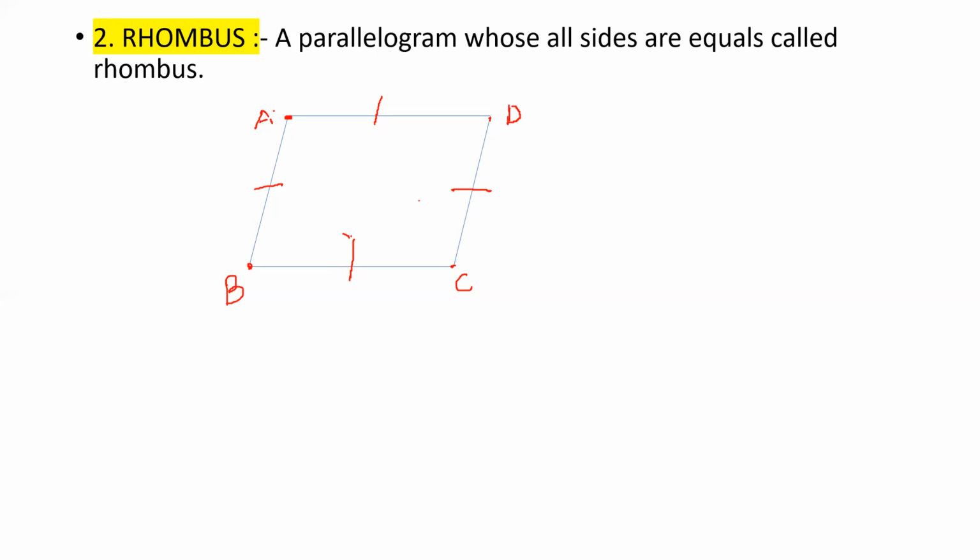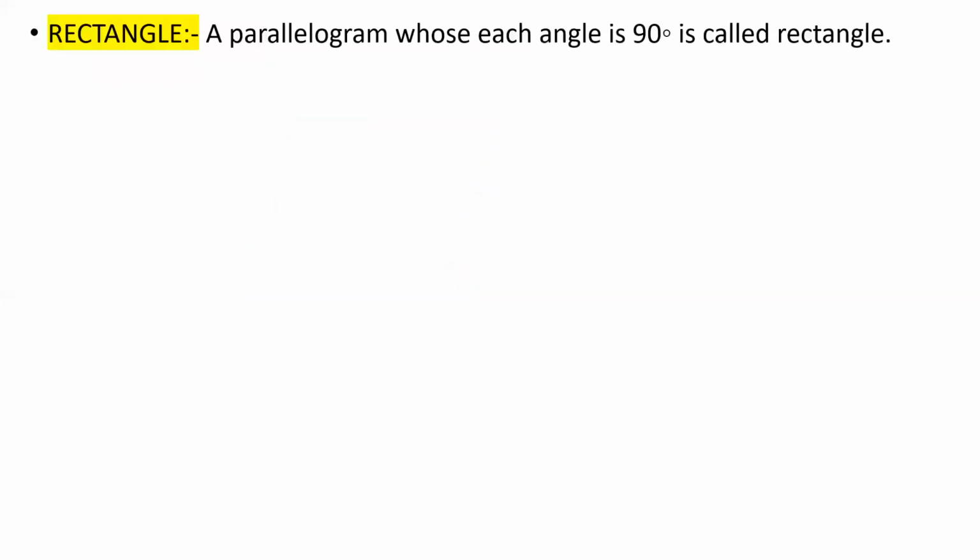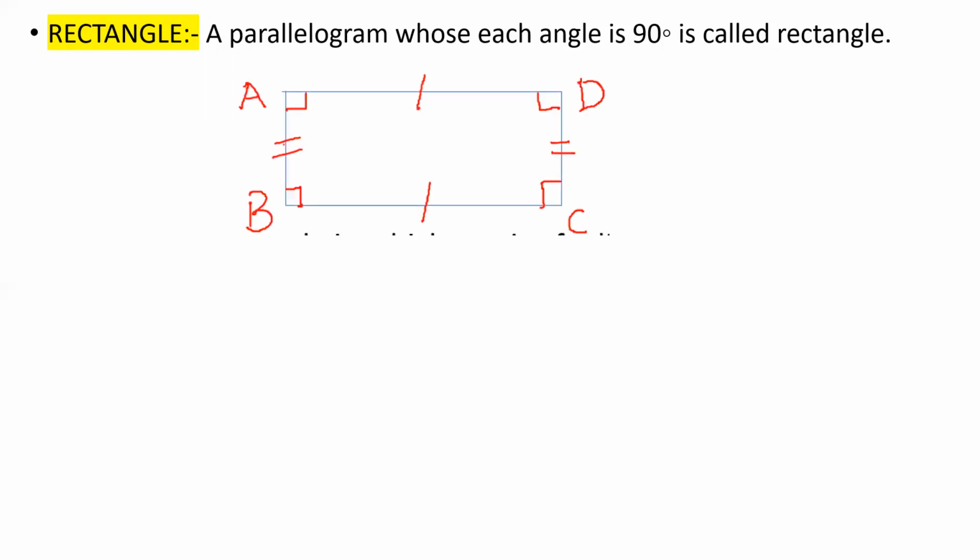That's why they are called perpendicular to each other. Now, the next type is the rectangle. A rectangle is a parallelogram whose each angle is 90 degrees. As I shared in the rhombus, that all properties of the parallelogram are applicable in a rhombus, in the same way in the rectangle, all the properties of the parallelogram are applicable, along with a special property,